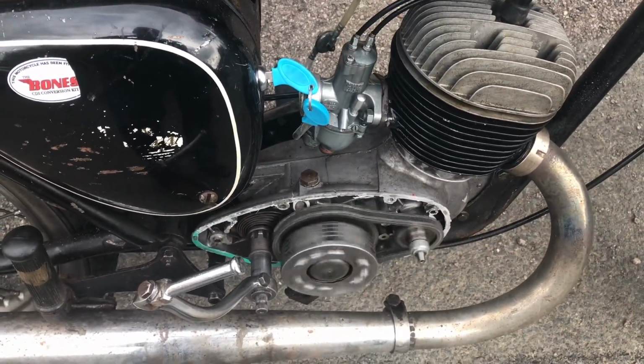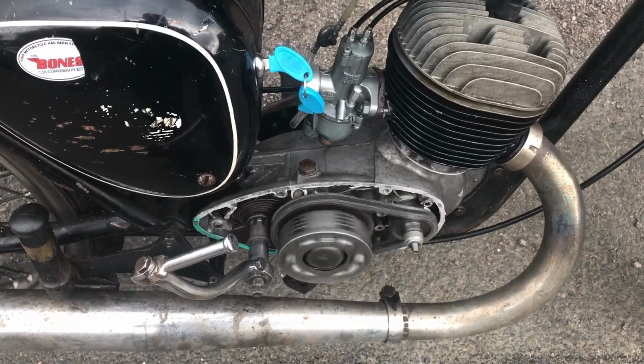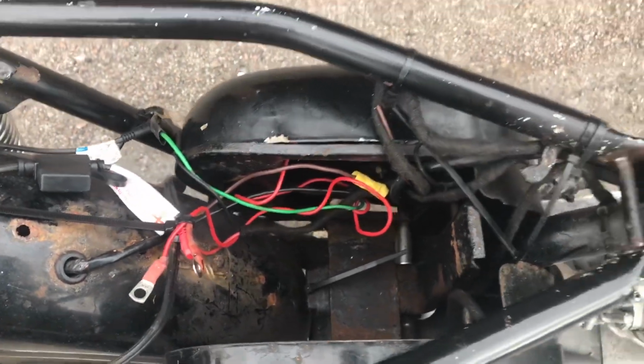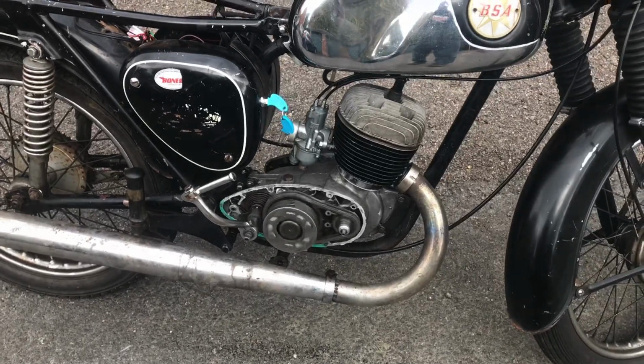So tomorrow I'll put my cables on, put a new gasket on, put a bush on to keep the kickstart quadrant in, and sort the wiring, which is a bit of a mess. But yeah, hope to have a working Bantam for